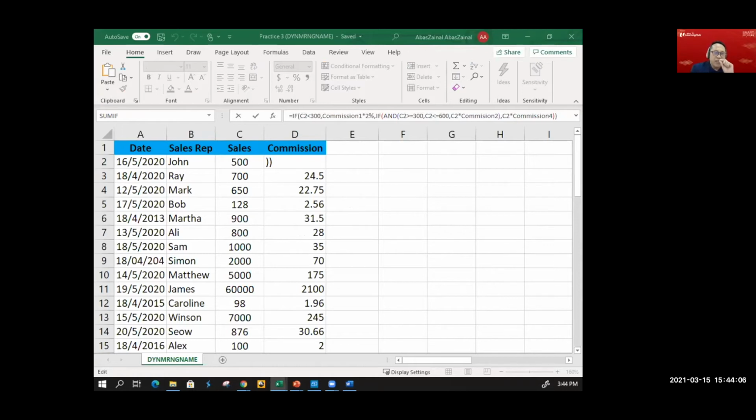Notice here, it has been named as commission 1 and then followed by commission 2, then followed by commission 4. Why commission 4? Because I renamed the third commission as commission 4 instead of commission 3. And you can rename it in any way that you like. You need not necessarily follow the rename as commission 1, 2, 3, or 4. You can name it com 1, com 2, com 3, or whatever name you wish to. So far, so good?